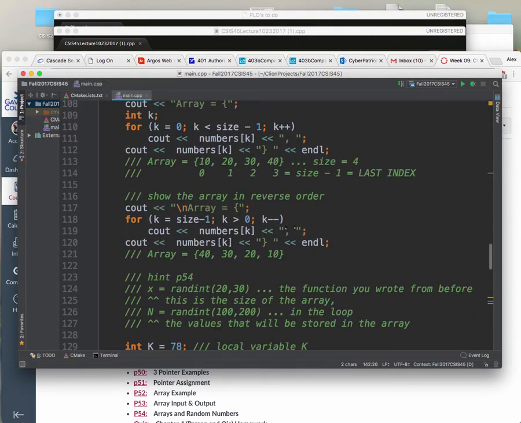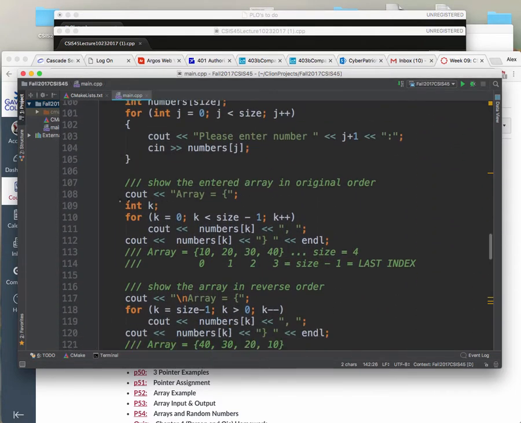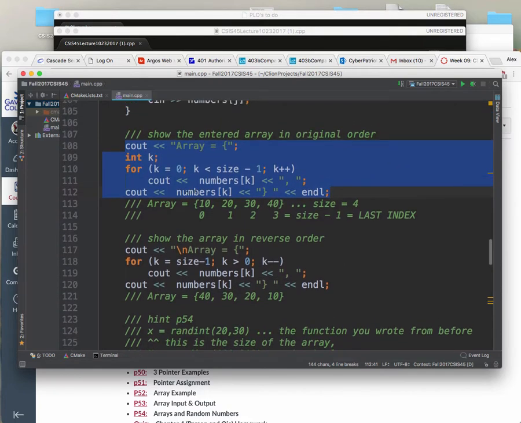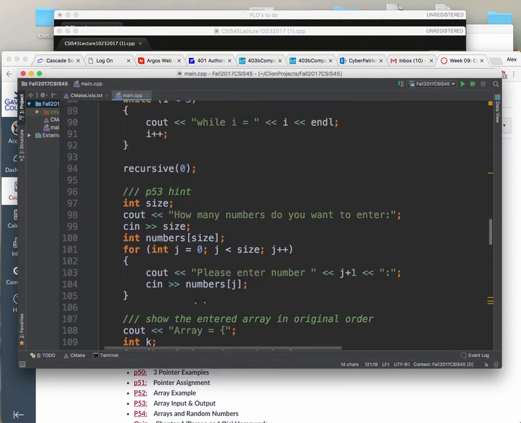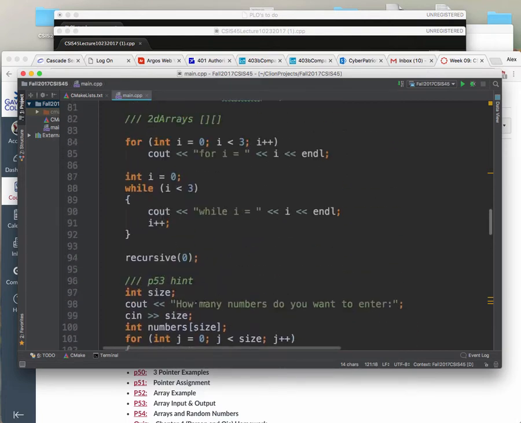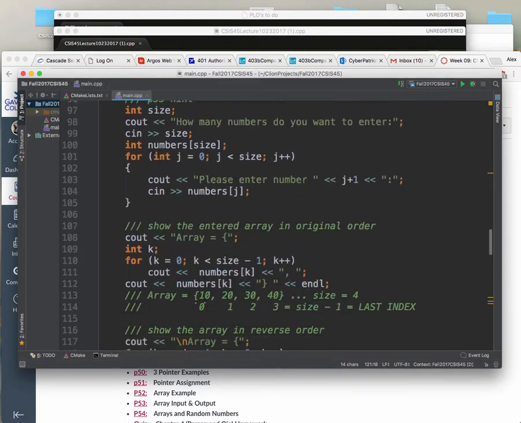So if you noticed, in here, I showed you the array in one way, right? There's the array here, and I showed the array another way. So one was show the array in ascending order, the other one is show the array in descending order. Okay? And I noticed that I didn't show you the bubble sort and a bunch of other things, but oh well, we'll get to it. All right, so